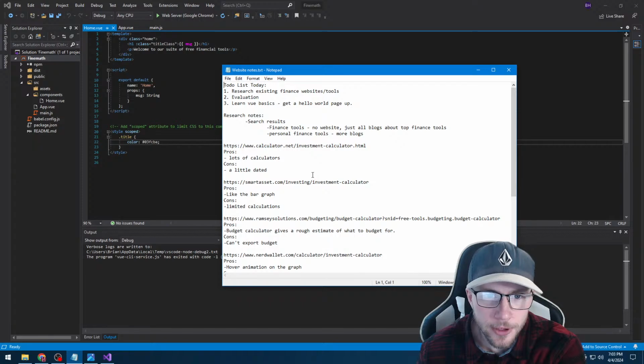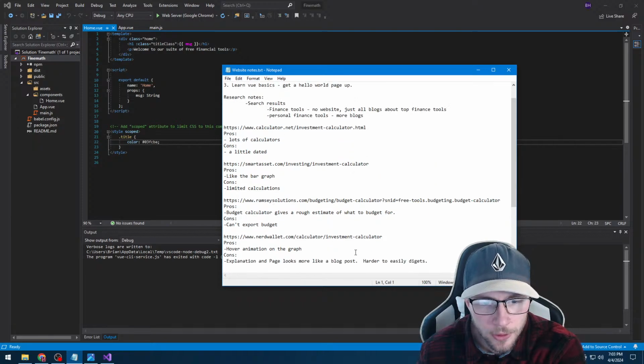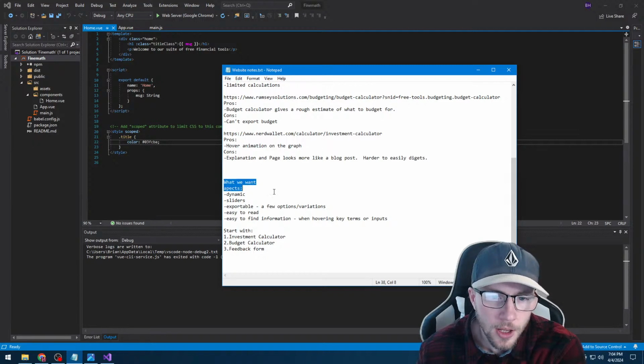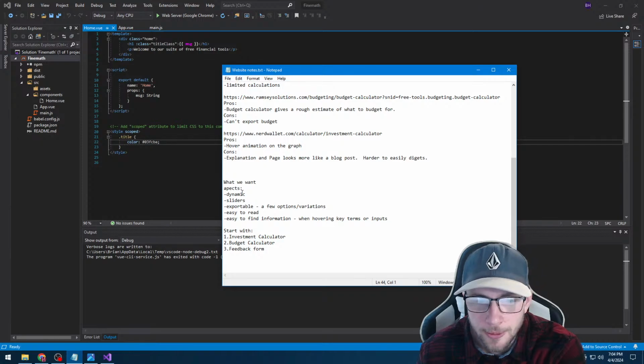And then we also made some notes. So we went over a couple different websites that have these types of tools, investment calculators specifically, and did some pros and cons, and that's kind of what led us to what we want for this website. That being the dynamic changing of graphs and numbers, the sliders, printables, and then